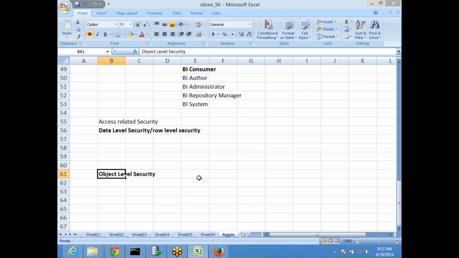So where do we define these object level permissions? This object level permission setting we will be defining in the RPD. When you go to the RPD and Identity Manager, you will get a list of users. For every user, what type of permissions you want to define, you will be defining in the object level security. So when you open the RPD,